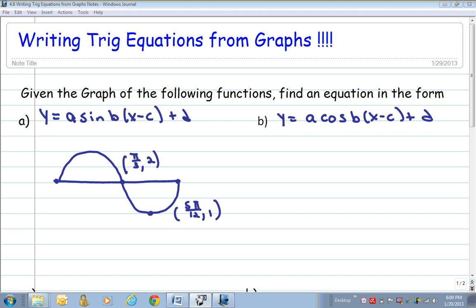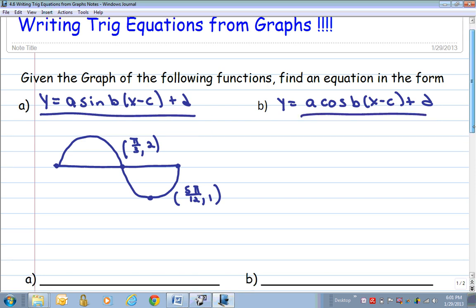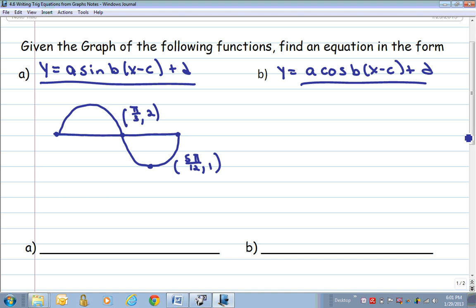We know that we're going to write the graph both as a sine function and a cosine function, and let's take a look at what we know. All right, the first thing we're going to identify is our axis, just like we were doing on our graphing. If our y values are at 2 and at -1, then to find the axis, it would be halfway between that. So I'm going to do a little bit more than I would normally do, just since it's the first time we're working on this. So I would say that you have 2 plus -1, and then you want to divide that by 2. Well, 2 plus